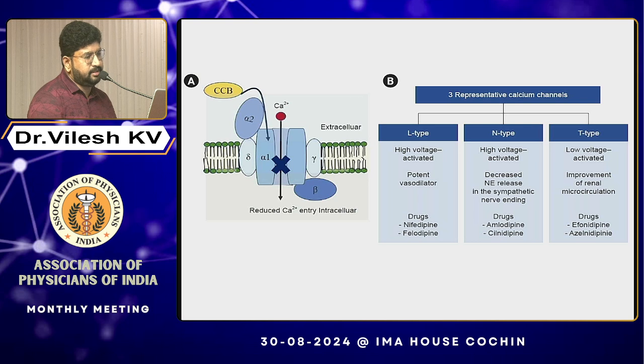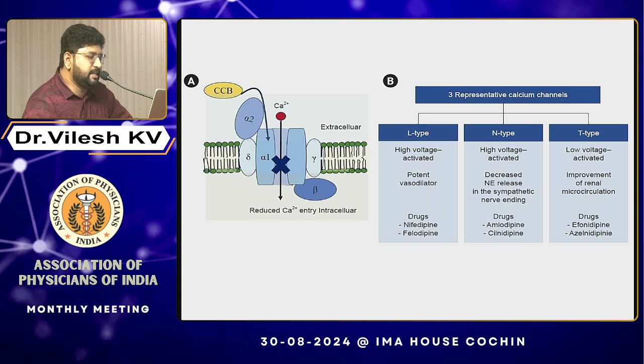calcium channels with clinical drug formulations: the L type, N type and the T type calcium channels. The L type is basically a high voltage channel which acts as a potent vasodilator. N type is again a high voltage channel which is situated in the sympathetic nerve endings, and they decrease the norepinephrine release. And the T type voltage channels